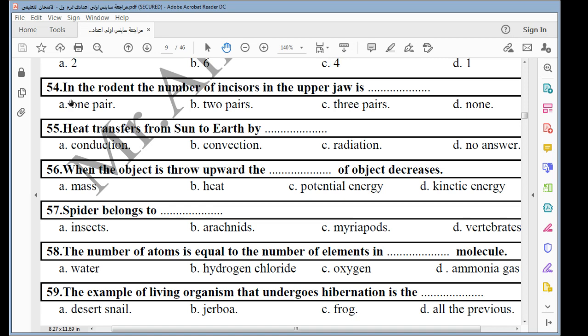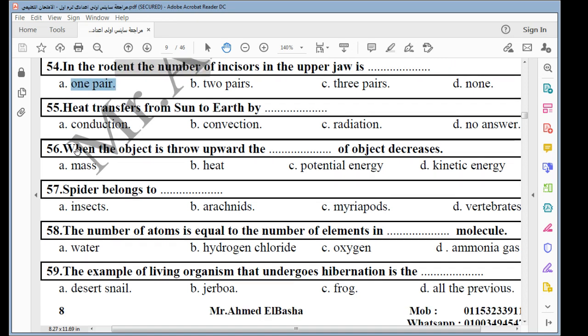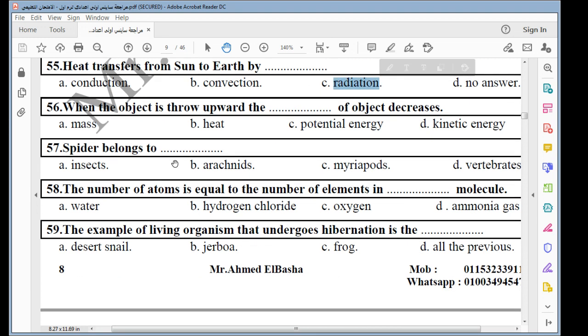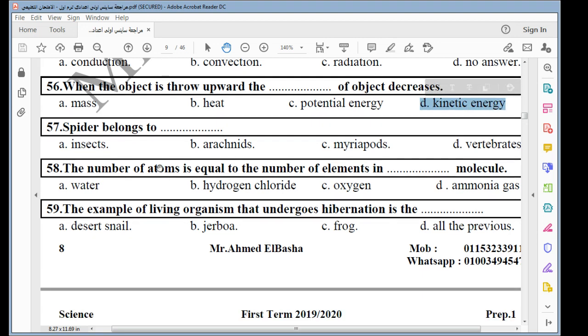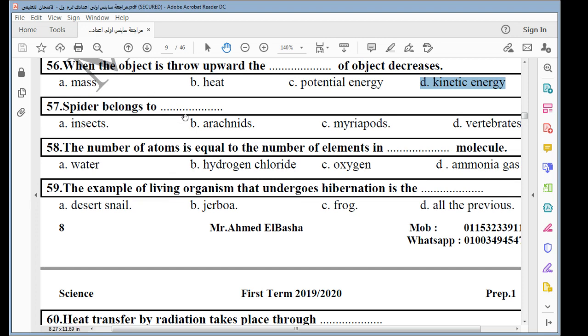55. Heat transfers from the sun to the earth by radiation. When an object is thrown upward, the space of the object decreases, then potential energy to kinetic energy. 57. Spider belongs to...